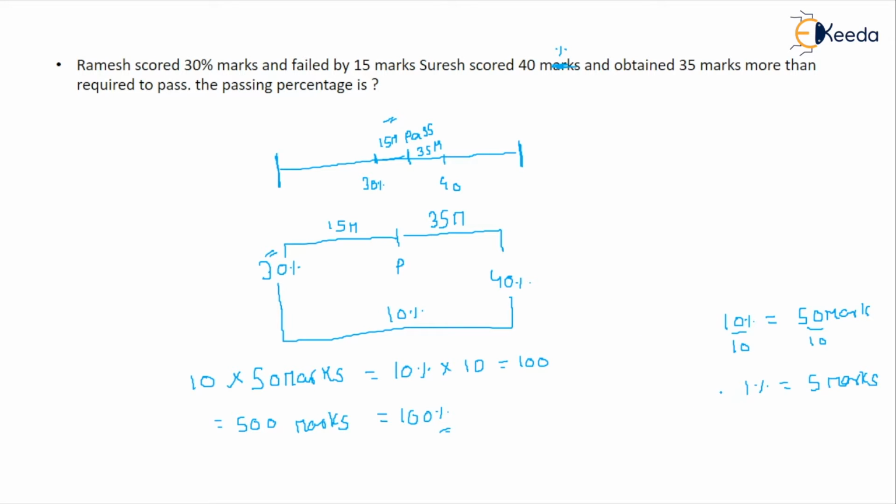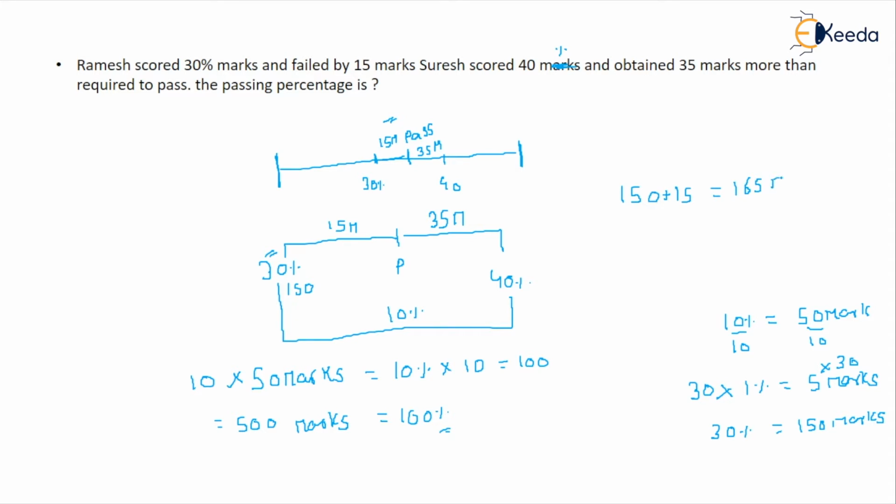So to make 1% 30, you have to multiply it by 30. Similarly, you need to multiply this by 30 also. So this comes out to be 30%, and the marks comes out to be 150 marks. And after scoring even 30%, the 30% value is how much? 150 marks. After even scoring 30%, he is short of 15 marks. So you will add 15 marks to it. So 150 plus 15 marks, this will come out to be 165 marks.